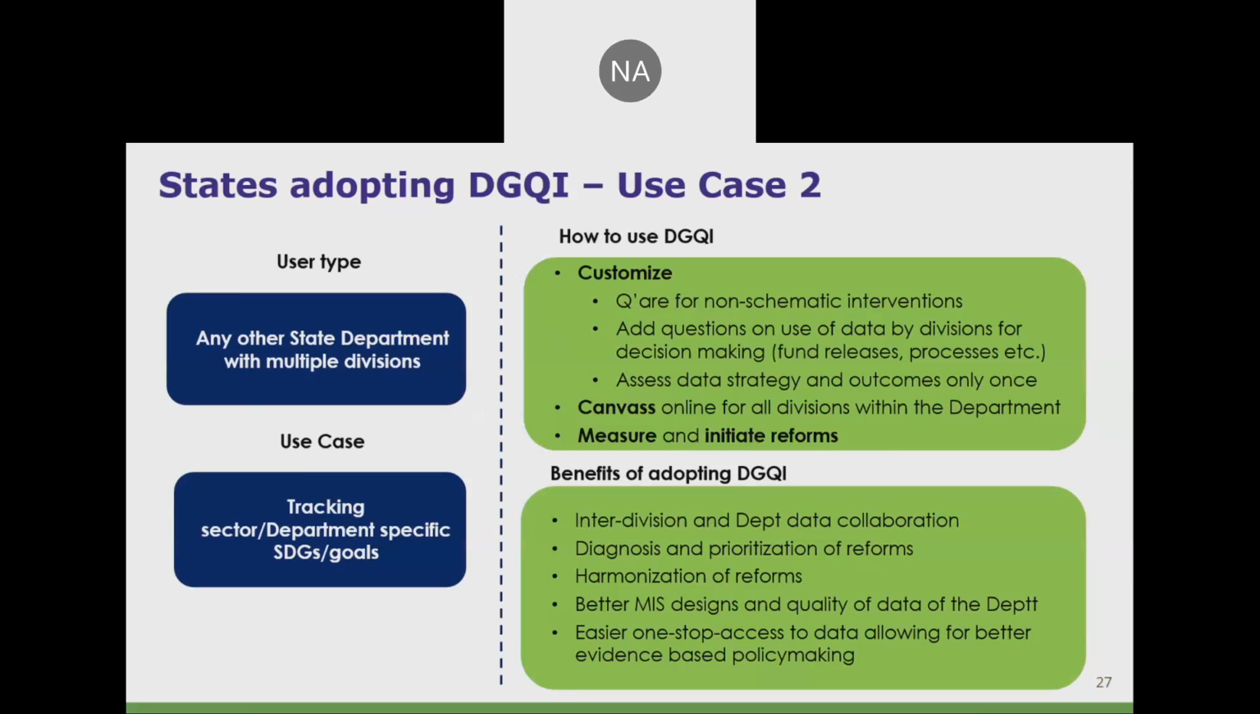adherence to standard metadata standards. Now, to resolve such challenges and ensure that all MIS systems within the departments or within the divisions in a particular department at the state level communicate with each other by following similar standards, the state governments can use Dgqi to create better MIS right at the design stage and provide for easier one-stop access to all sector-related